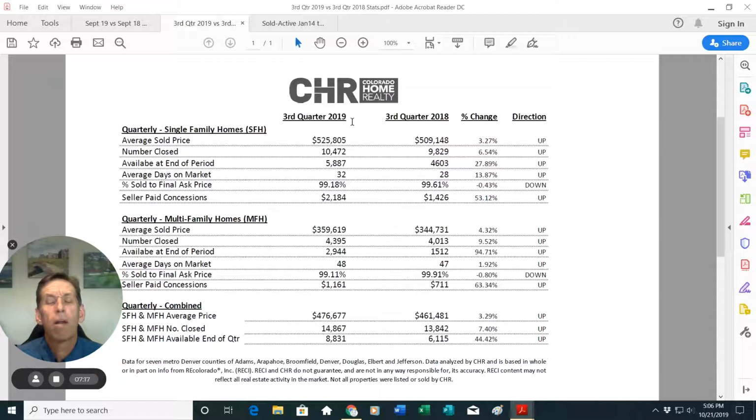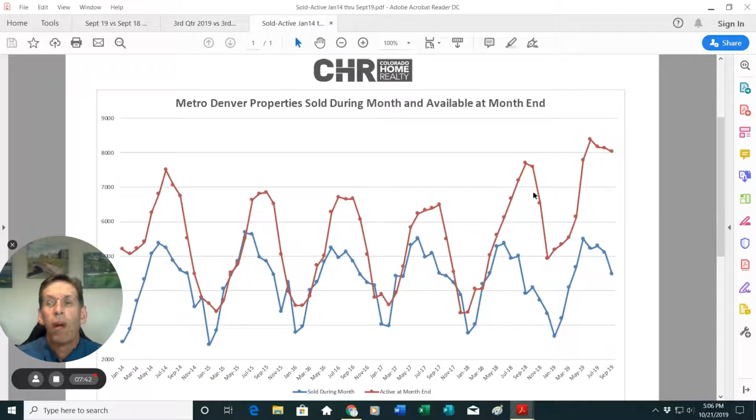The average days on market, third quarter this year versus third quarter last year, 32 versus 28 days. That's not a heck of a lot difference. Down here, we have the difference of 48 to 47 days. So there's still interest, there's still activity, and when properties are priced well and present themselves well, they're going under contract quickly. All right, so we have good numbers here, good things happening, more inventory available in our marketplace than we've